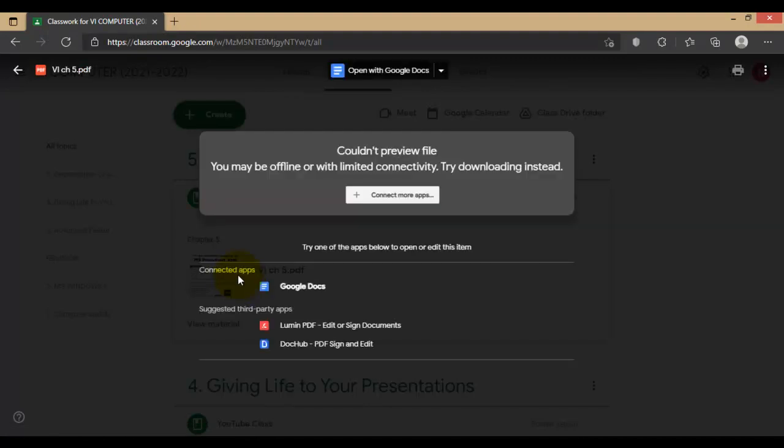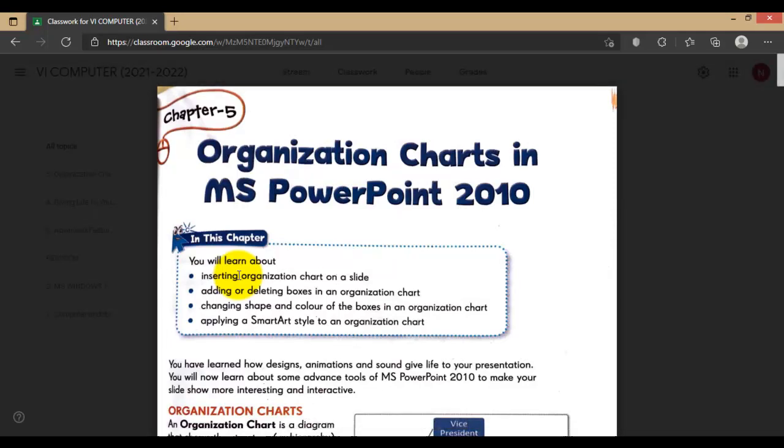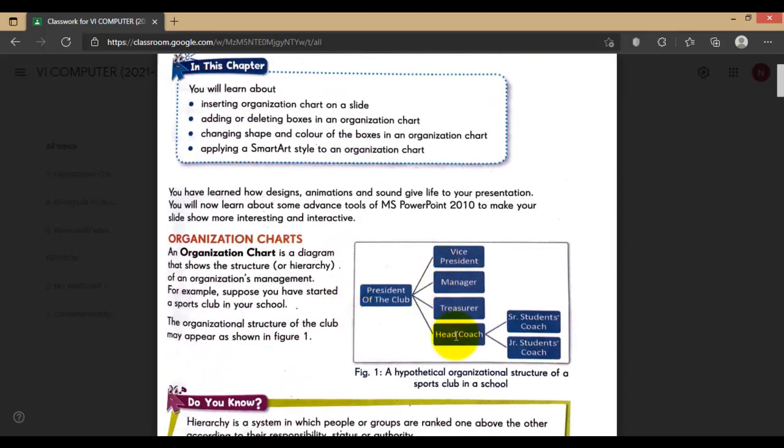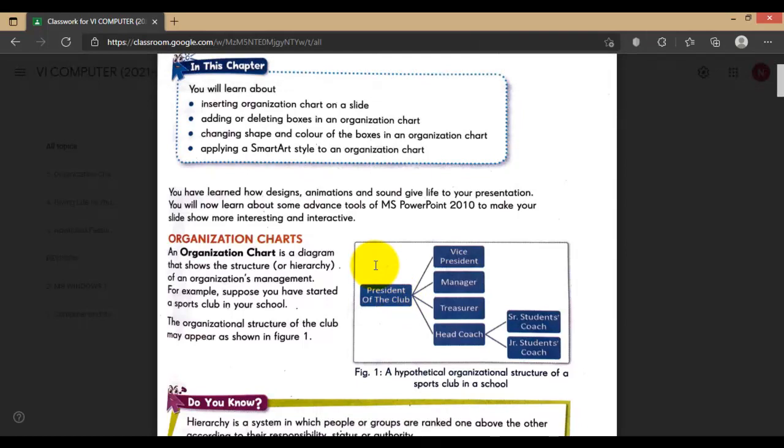In this chapter, we are going to learn about inserting charts in our PowerPoint presentation, adding and deleting boxes in charts like this one in our diagram, changing the shapes which we have already selected, changing the color of the boxes, and some editing. And at last, we are going to learn how to add SmartArt style